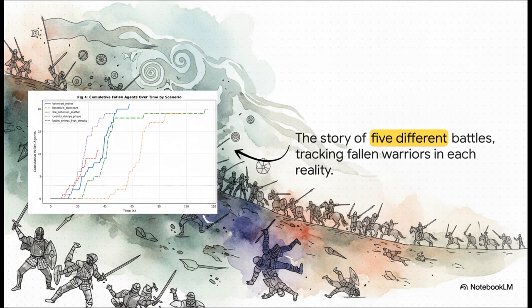Check out that purple line. That's a battle climax scenario, where the casualties just skyrocket. Now compare that to the orange dotted line. That's a cavalry charge, and it's a much, much slower burn. It's amazing. We're looking at 5 different stories of the same battle, each one with its own unique rhythm of